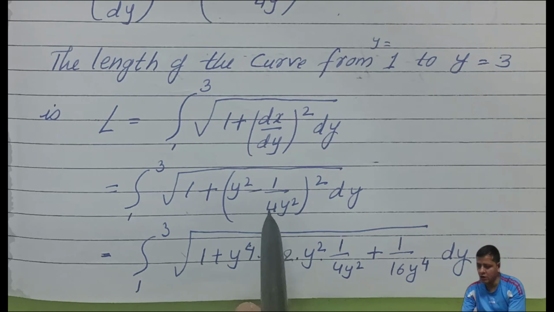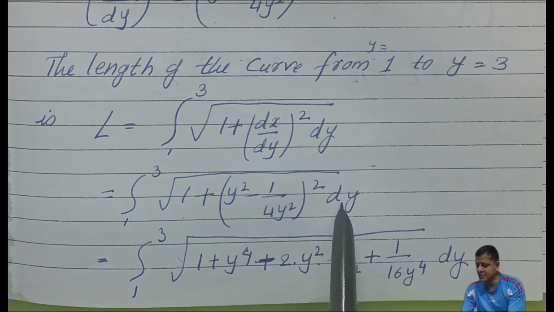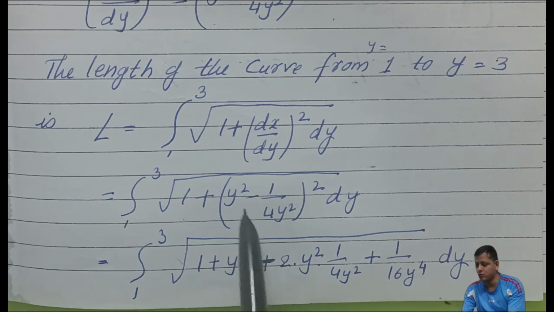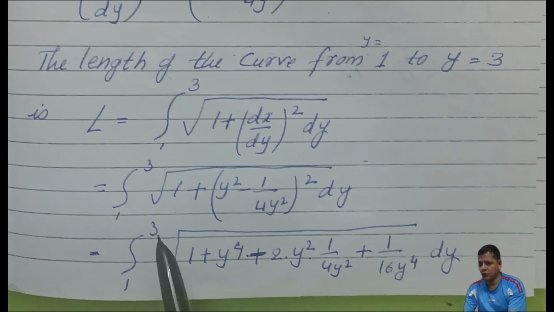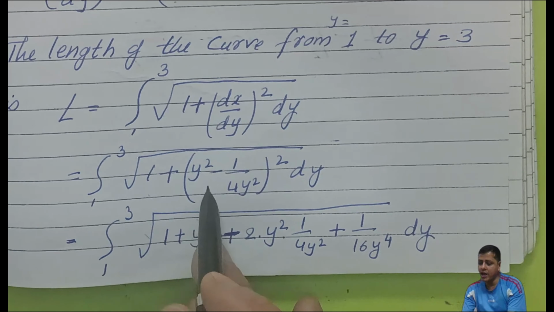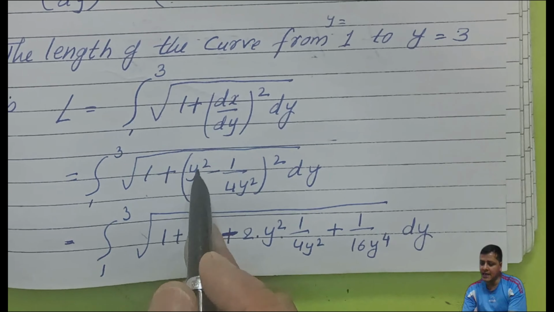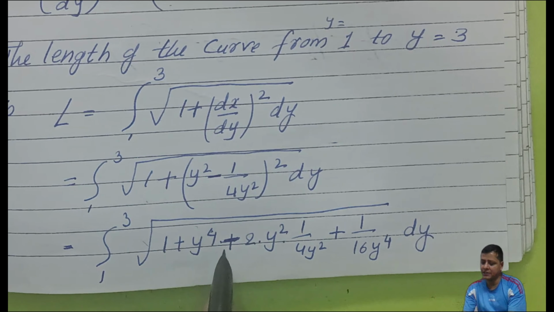Then we replaced that value over here, and simplified the whole equation. Because here the whole equation has 1 plus, integration, as well as dy, that means this is the differentiated value. So you don't need any time for the differentiation because you already got it. That's what you started with. And then from 1 to 3, you started from 1 to 3, and over here you can just check the value. You have simplified this in the form of a minus b whole square. You consider this as a and this as b, and this minus, whole square. So that formula you used, and you simplified, adding 1 in it.